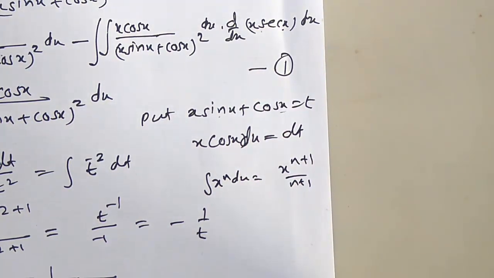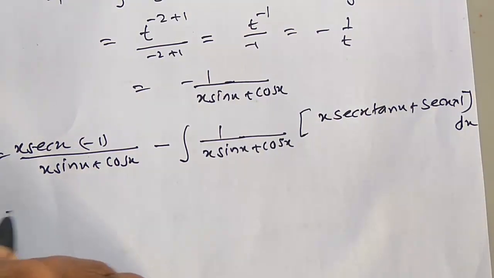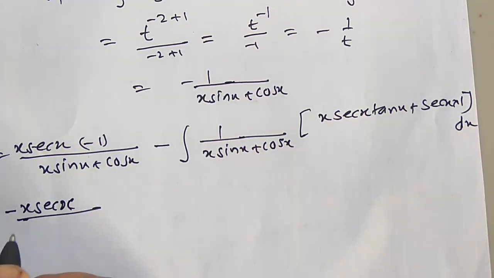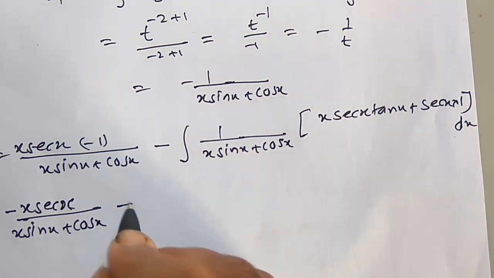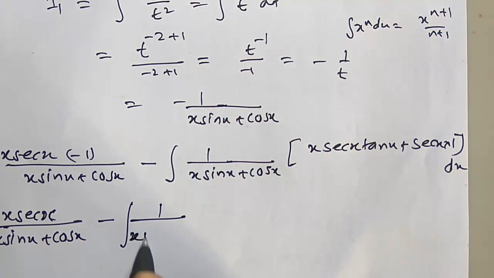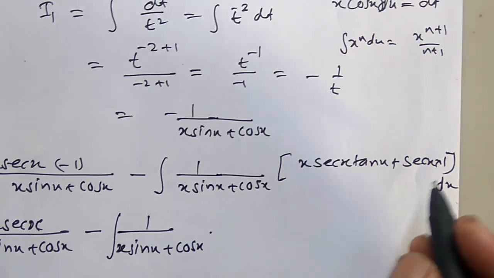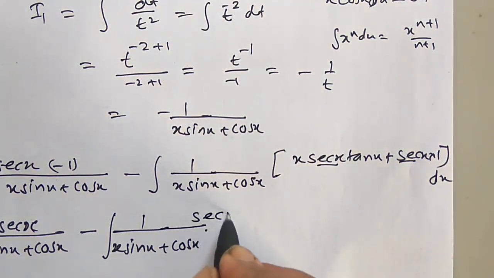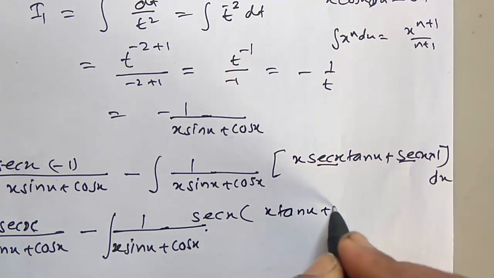So it is sec x into 1, bracket complete, dx, equal to minus x sec x upon x sin x plus cos x minus the integration of 1 upon x sin x plus cos x into, taking sec x common, x tan x plus 1